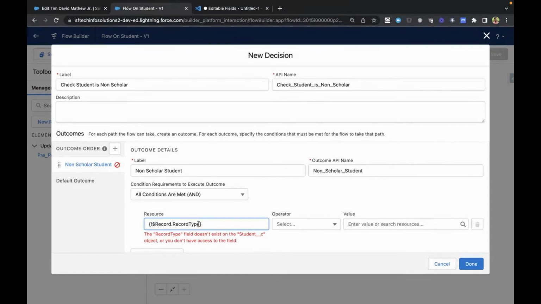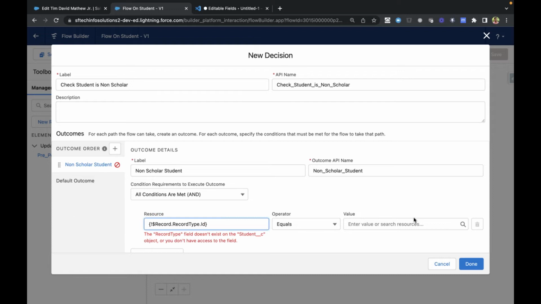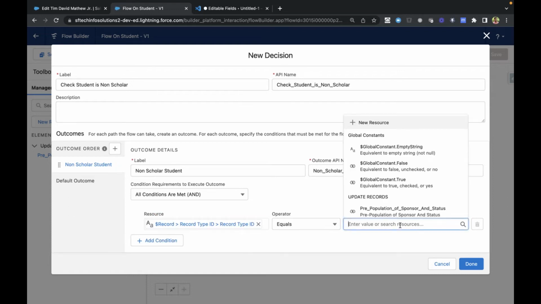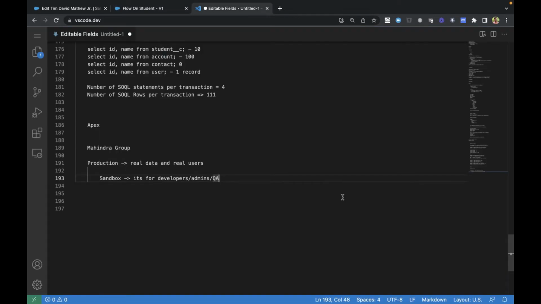Otherwise it will still reside in the sandbox. Let's imagine we are doing the same flow here, and you know the record type ID. If you hard code the record type ID, something like RecordType.Id equals, hey, I know the record type ID and I directly hard code this 012 something. What will happen is,